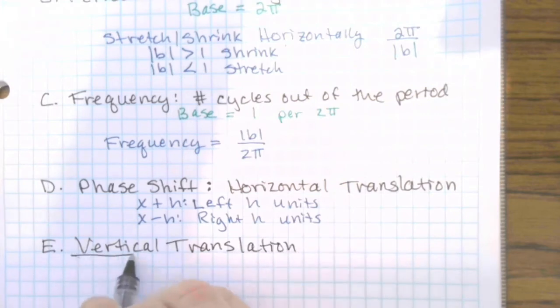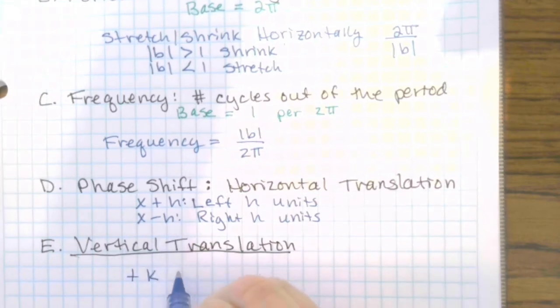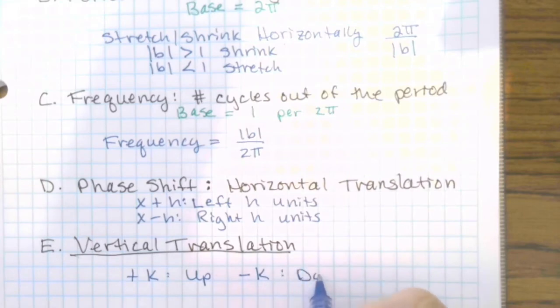Well, that's the same term as always. So vertical translation is the k value. If it's a plus k, you're going to go up. If it's a minus k, you're going to go down, just like what we've learned. All right, last one of these is